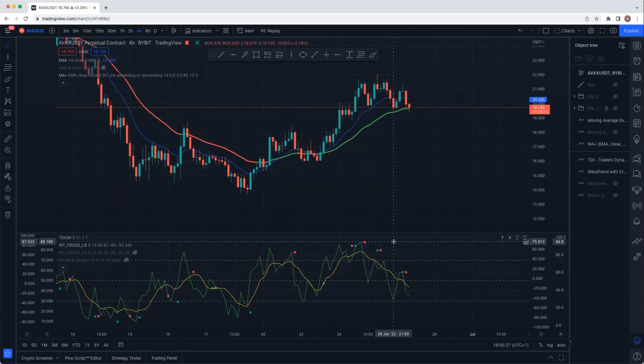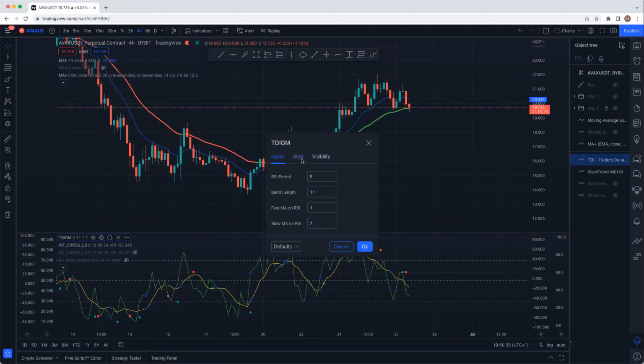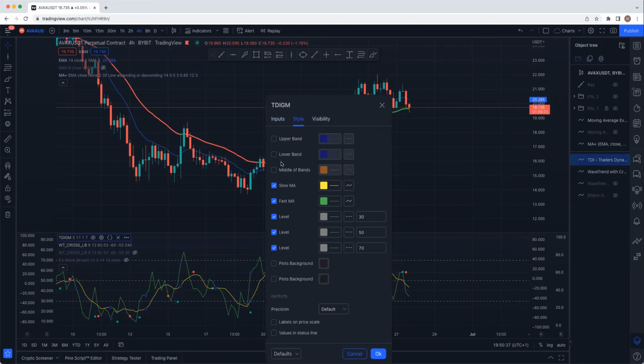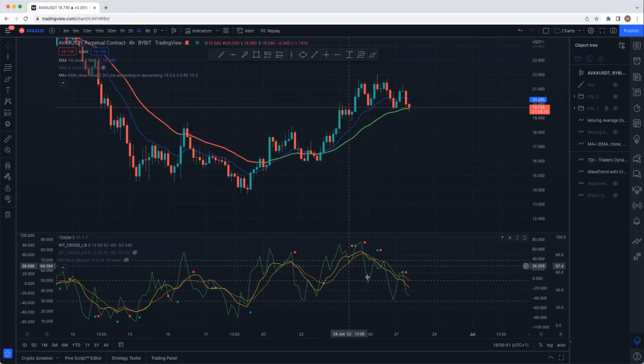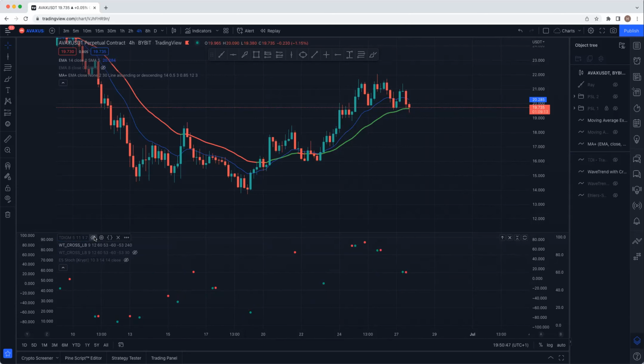All right. The first indicator that I want to introduce to you, we call it the TDI. TDI means Traders Dynamic Index. I'll show you how you find it.